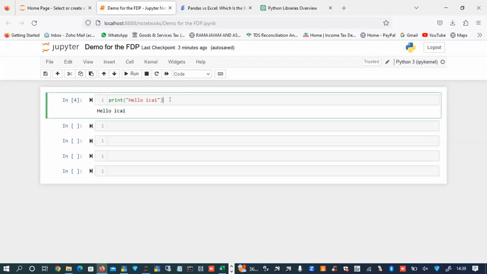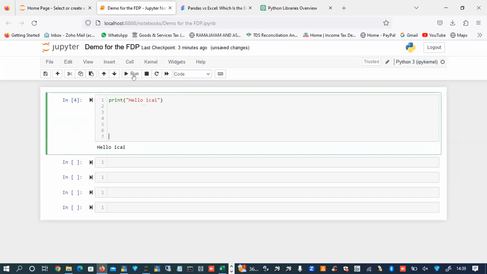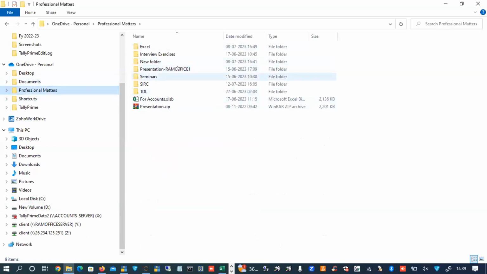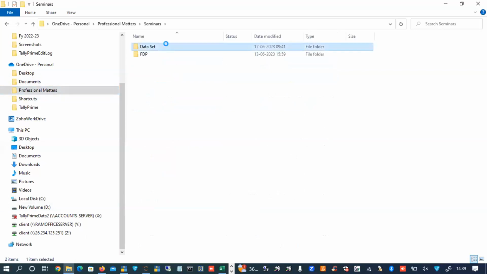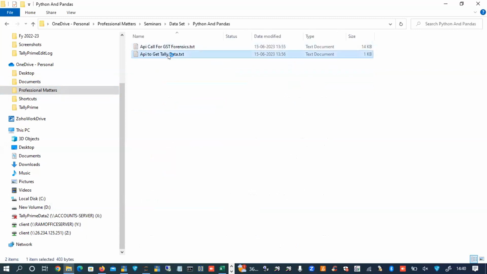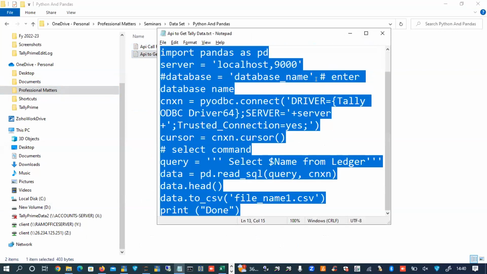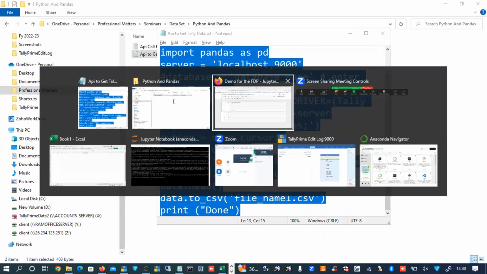So here you can write your scripts and press the run button. Results will come on the bottom of this particular tab. Any process, you have to write only your scripts here. The other day I gave a script for taking content from the Tally data, because alongside the TDL I've done the same. So I'm going to copy the entire script and paste it here.